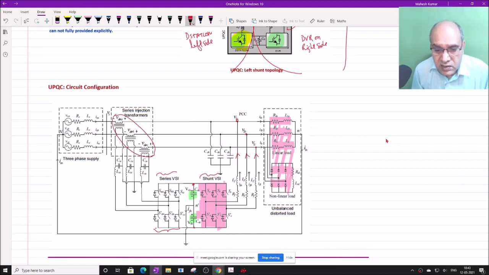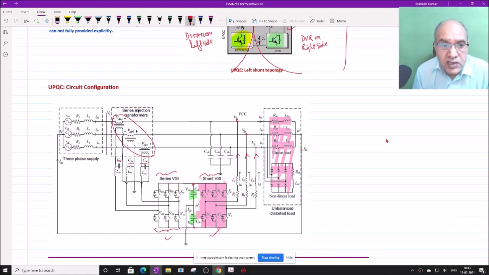So there is a conflict because the DVR requirement for DC voltage may be different from the DStatCom requirement. Therefore, a lot of coordination is required between this unit and this unit when we want to compensate. Then the output of the DVR or series VSI goes to the filter component, that is CF here, and this is the secondary of the transformer which generates the voltages VFA, VFB, VFC. So this is actually a complete unit for the compensation.